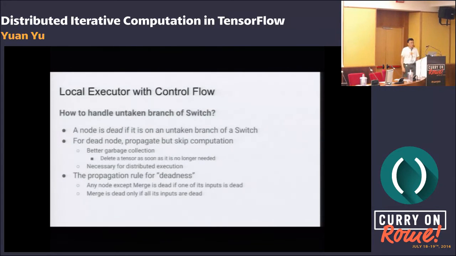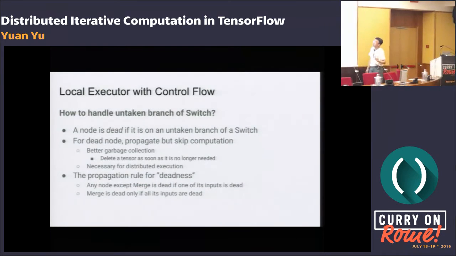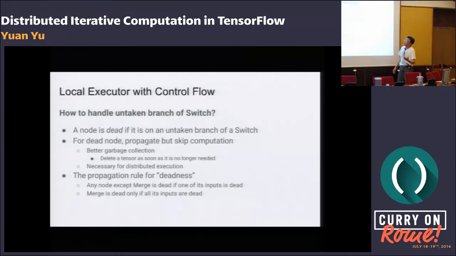But with control flow, we have to do a little bit more. One of the questions is, how to handle the untaken branch of the switch? So we introduce a notion of dead. A node is dead if it is on an untaken branch of a switch.